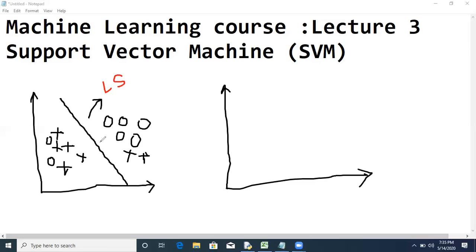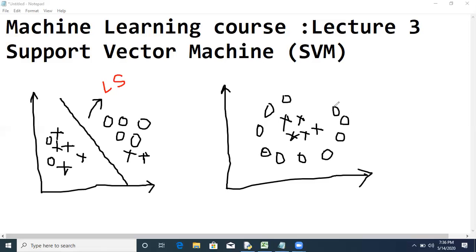This is boundary. But in some cases, we have the data which is non-linearly separable. For example, suppose we have some crosses here and circles, which is mixed type of data.